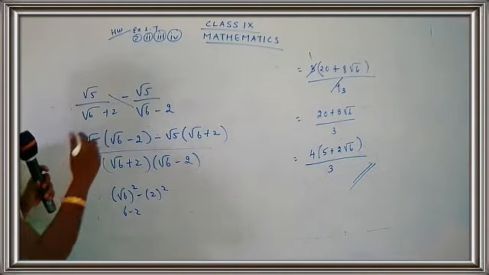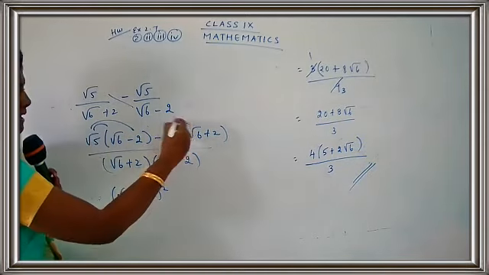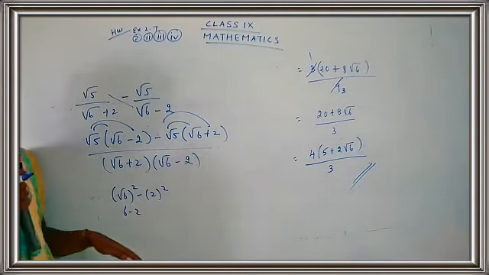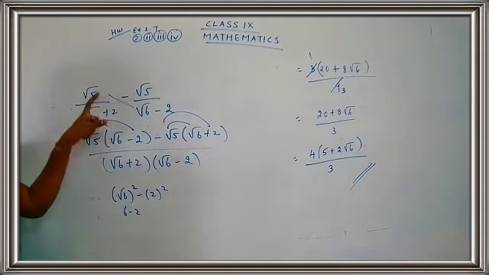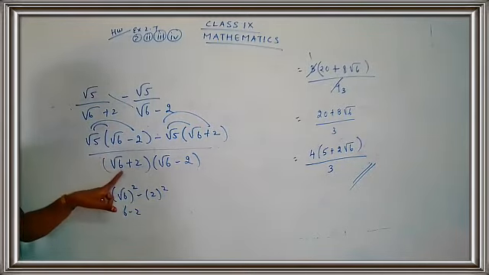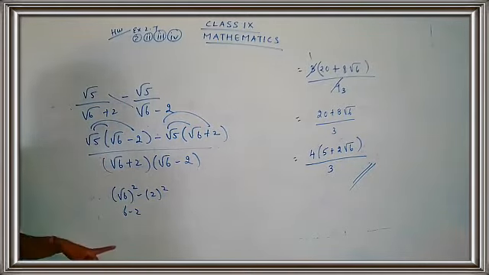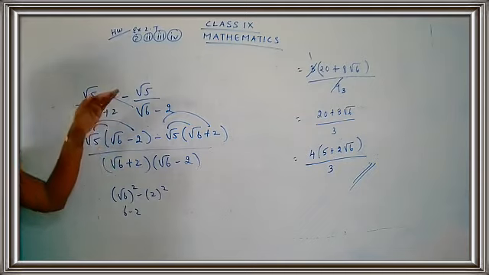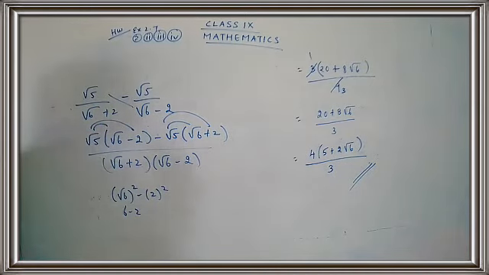So you know how to do. You just go on multiplying, multiplying. Try to bring the terms together and get the answer. So this will be the step. You have to just cross multiply and multiply the denominator. For multiplying the denominator, you have to use the identity a plus b into a minus b. That is, you will get the answer as a square minus b square. Multiply the numerator part and get the answer.